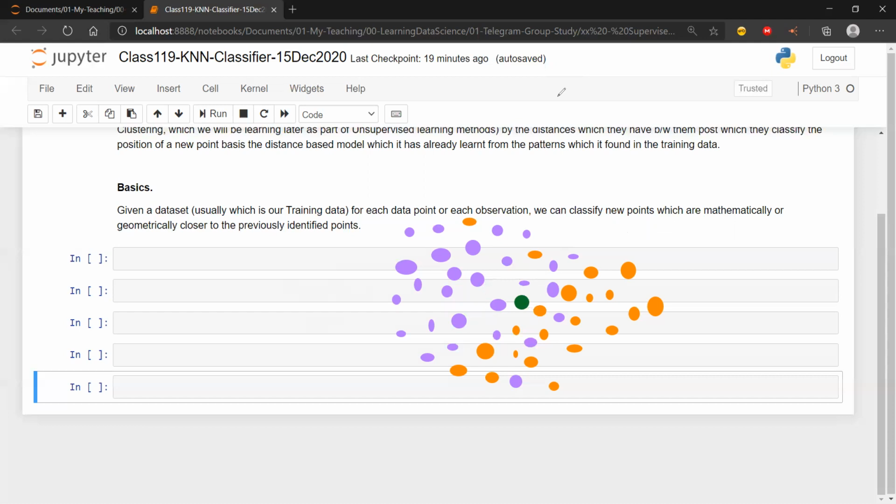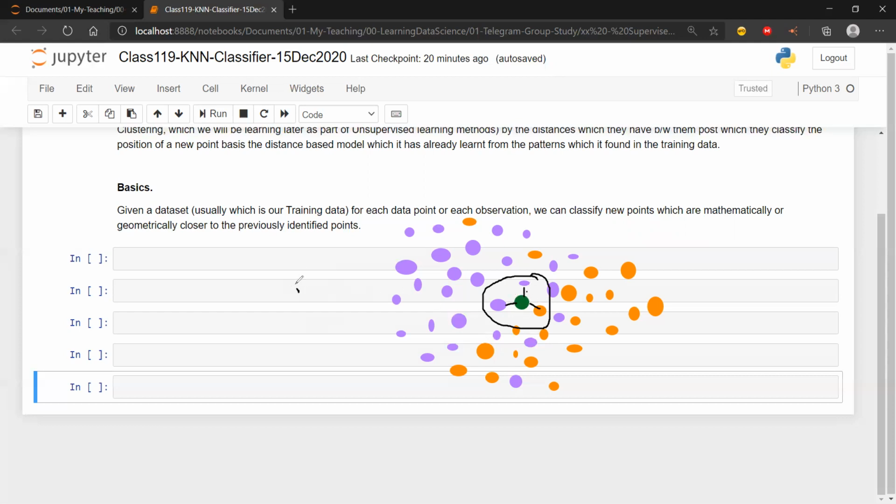Now the question is, I have this green point. Now I create a circular kind of a thing using 3 points. Okay, so I take 3 points. Why did I take these 3 points? Why did I not take these 3 points, or these 4 points? The reason I took these 3 points is because you can clearly see with our open eyes that the distance between these 3 points is the closest.